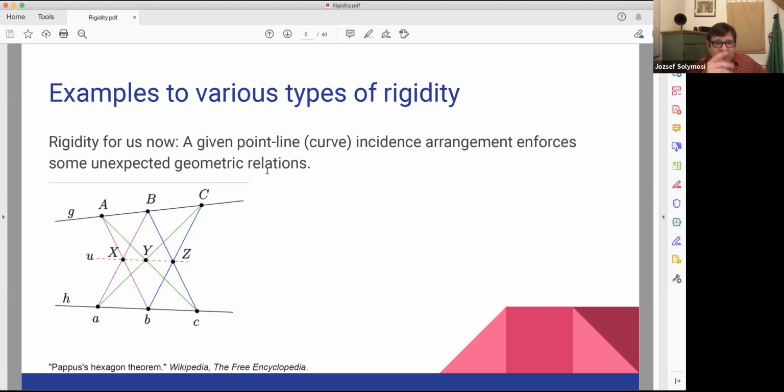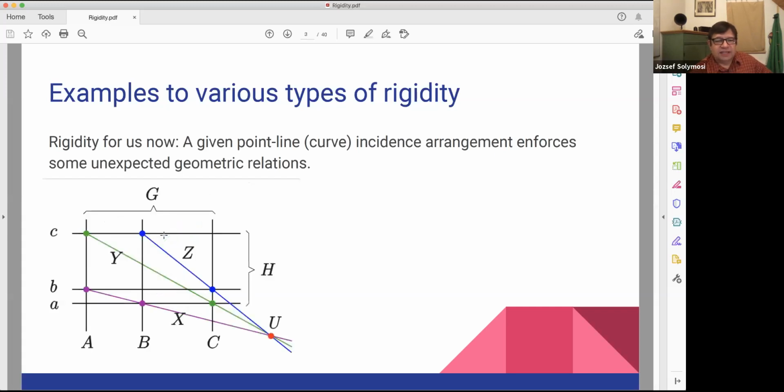And in geometry, there are many other examples. And because I will talk about incidences very often, I came up with this example first. We all know the Pappus theorem. So if you see, for me it's a rigidity that those points x, y, z should be on a line. To prove the theorem, you can use the Bezout theorem, even for conics immediately. It's a 3-line proof, a very nice application of algebraic geometry. You don't need that here, but you could. So those things are related.